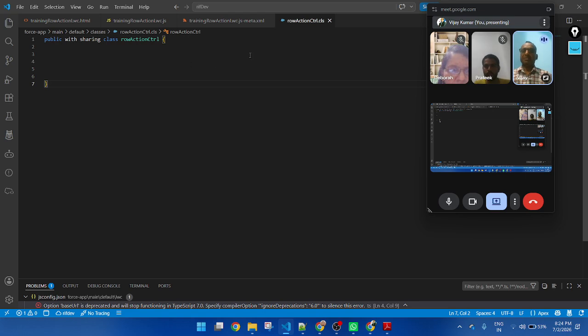In the Apex class controller, here I am creating a method. Today you will learn how to fetch a list of records through the wire decorator. Without refreshing the page, I will display the list of contact records. The wire decorator will automatically be called whenever the component loads in the browser, and the list of data is automatically displayed.